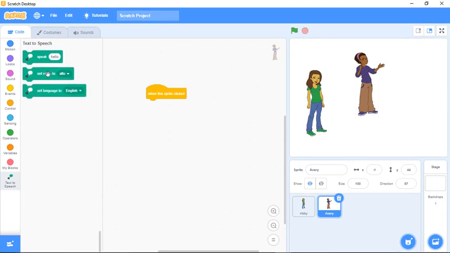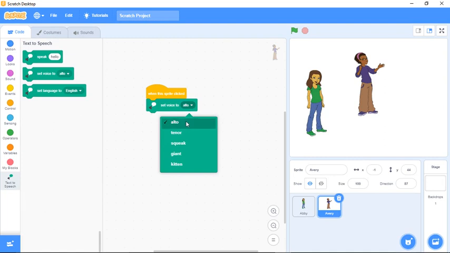From here I am taking set voice to like this, and I'll give turn. Anything you can select from here, just change it and check. Then I'm taking speak.